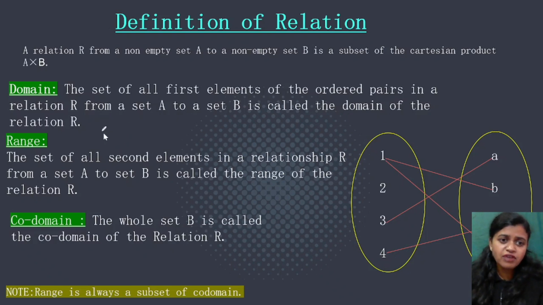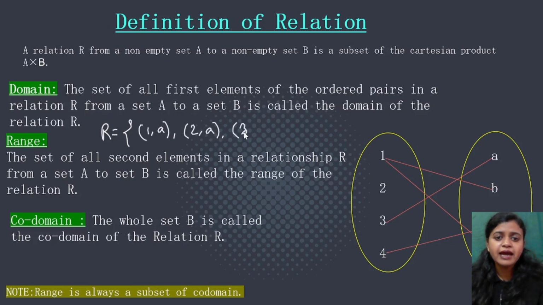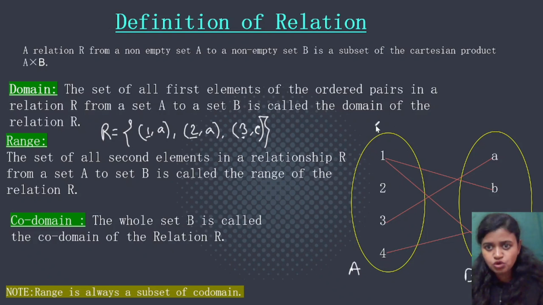Very good. So if I set R, if I write a set relation 1, A, 2, A, okay, so 1, 2, 3 these are the domain. Here, suppose this is set A and set B. So these could be the domain, the domain of the relation R. So 1, 3, 4 are the domain.